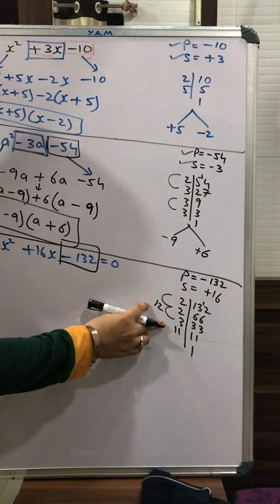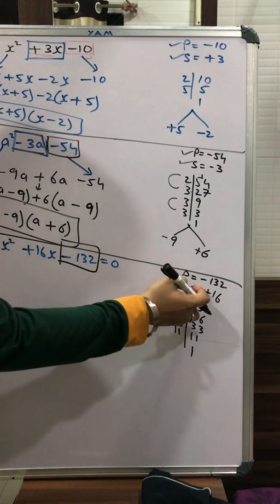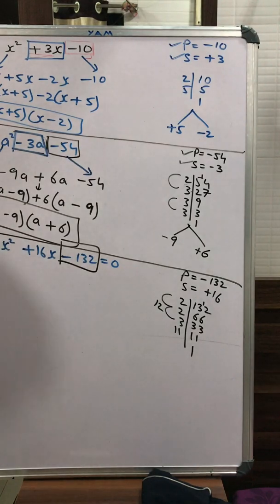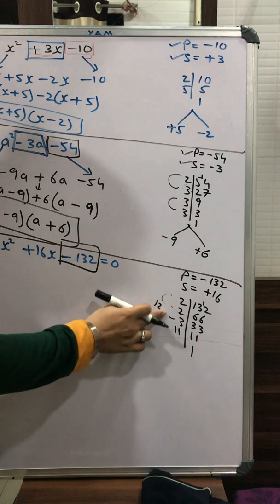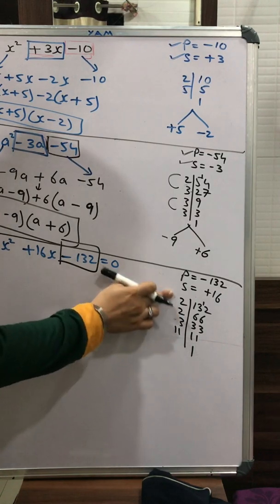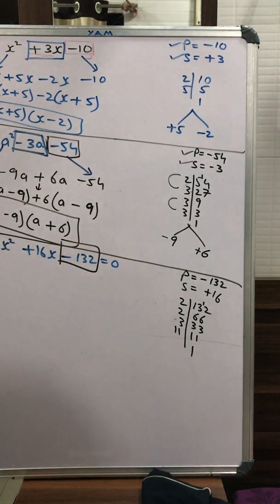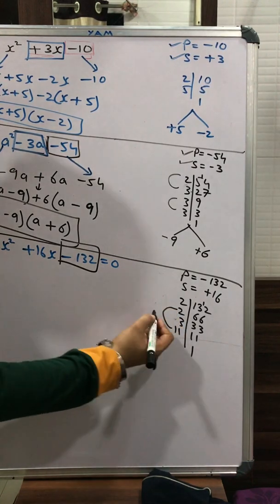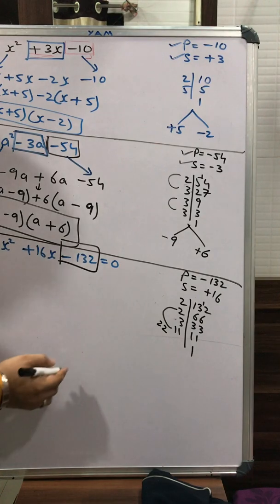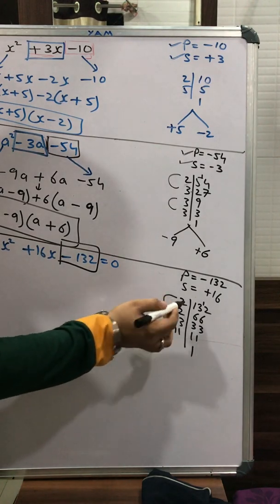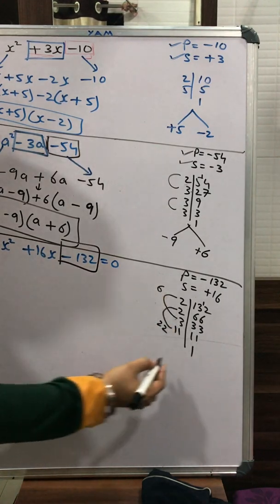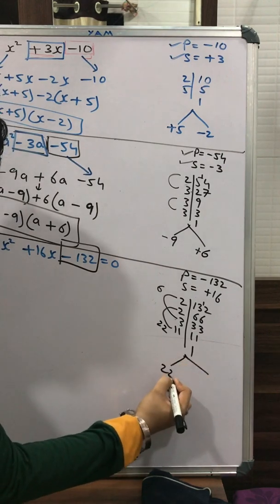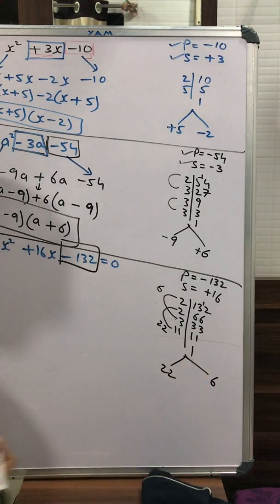But 11 और 12 को प्लस करके ने 16 नहीं आता है, तो सिर्फ मल्टीप्लिकेशन नहीं चलेगा. It should satisfy both the conditions. Now how to solve further? 11 2s are. What is 11 2s are? 11 2s are it's 22. Okay. And what is 3 2s are? 3 2s are is 6. So if I say one number is 22 and other number is 6,